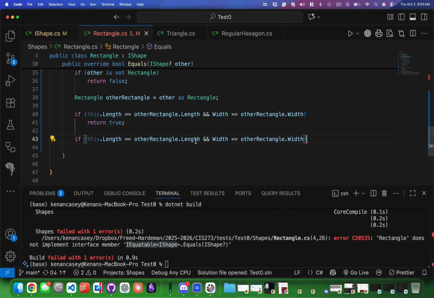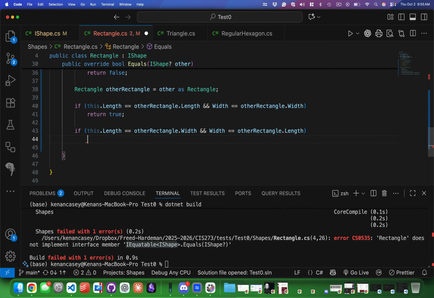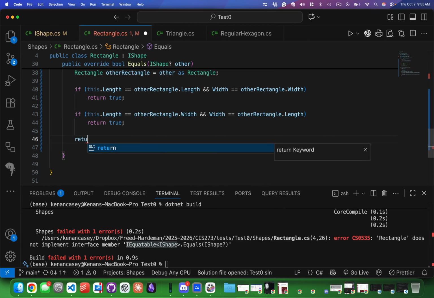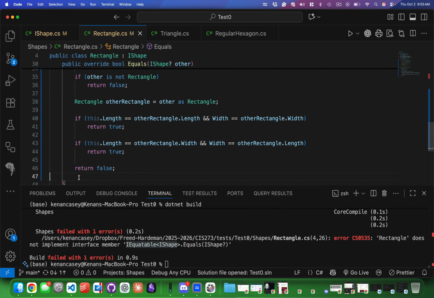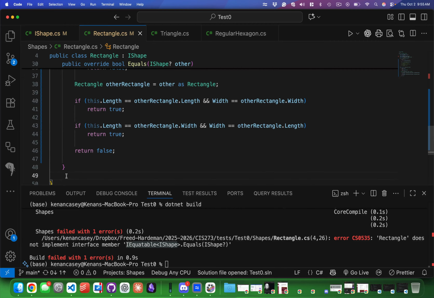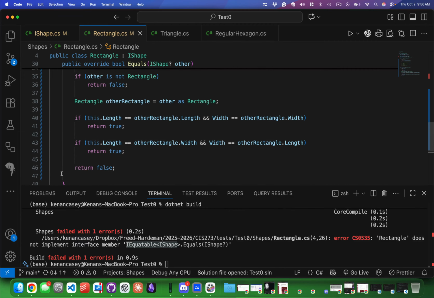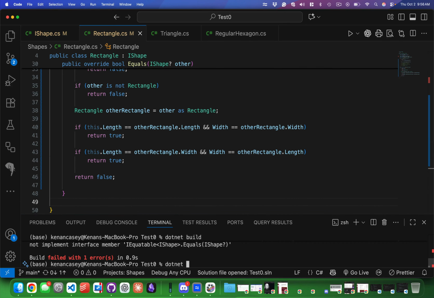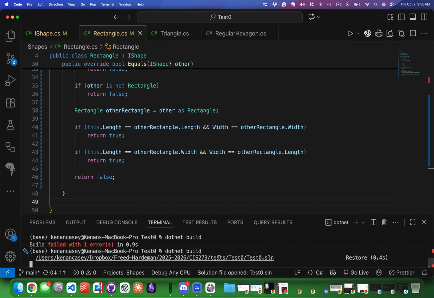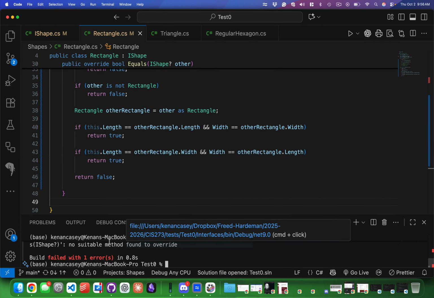The other case would be if this length equals the other's width and this width equals the other's length, isn't that right? Then I could return true. And then at the very end here, now I can return false. Because if you get through all that, the only way that you get to the bottom is the lengths and widths weren't ever matching. So I think that's the right logic. And because I can't build this, it's hard to test. It almost is, to me, worthwhile to